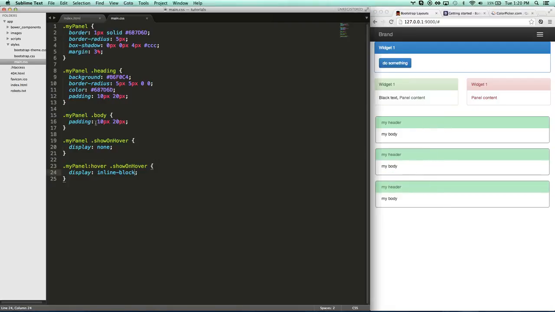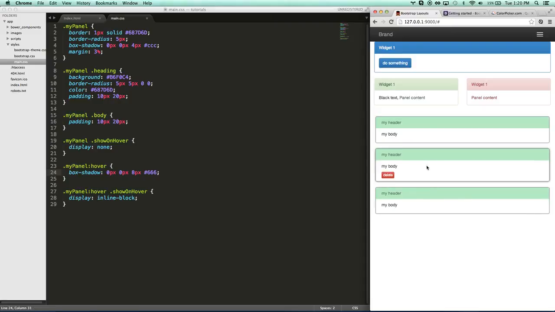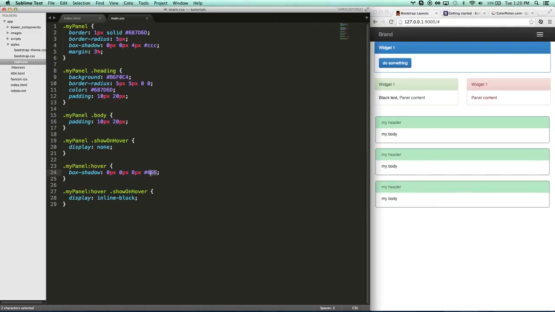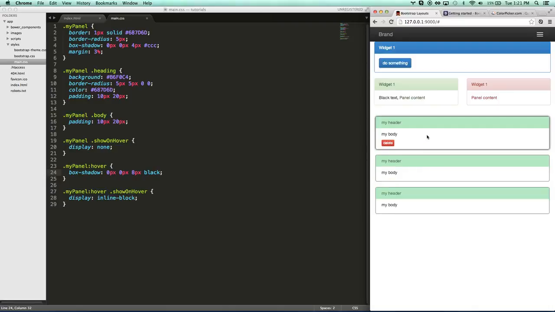Kind of nifty. You know what else I could do is I could go my panel hover. I could make this box shadow get a little bigger when you hover over it. This is kind of just some ideas of things that you can do. Maybe I'll make it like 8 pixels, and I will make it a more apparent shadow. There you go. Now whenever you hover over it, see that shadow is just a little bit more. Just to show you what I mean, I'll make it full black. A little too much for design's sake, but whenever you hover over it, kind of gives it a little pop